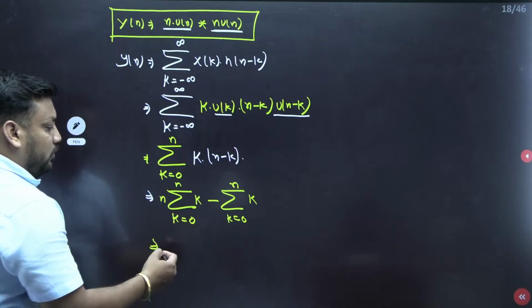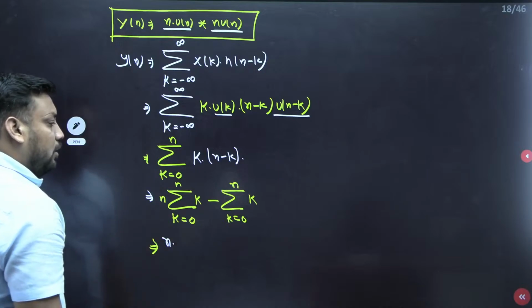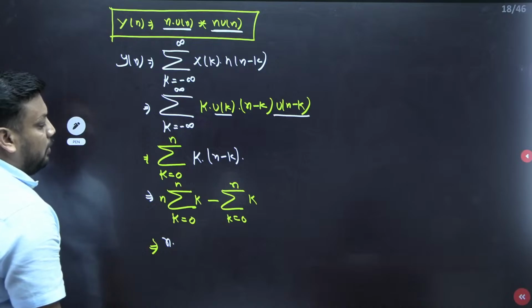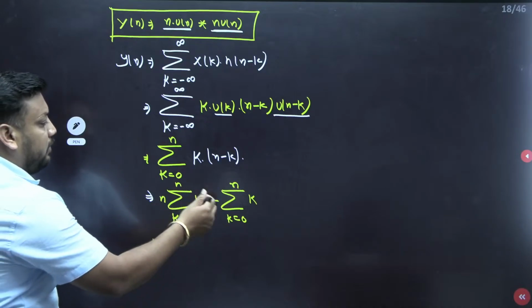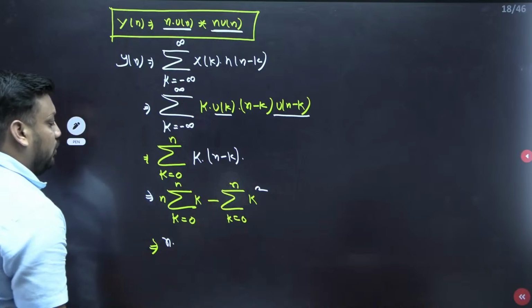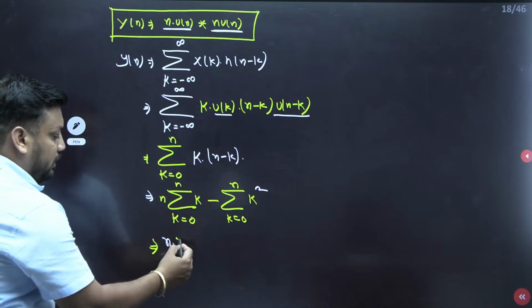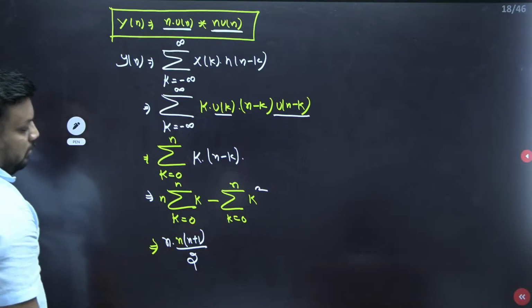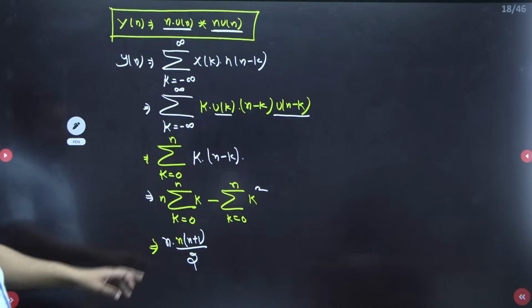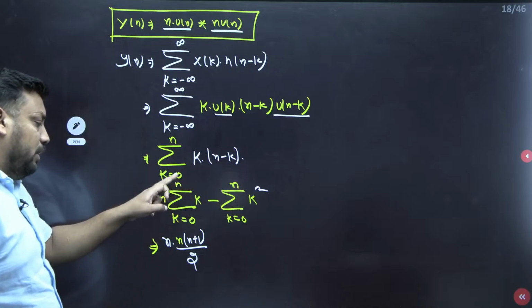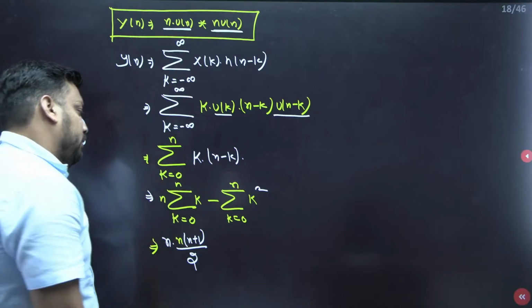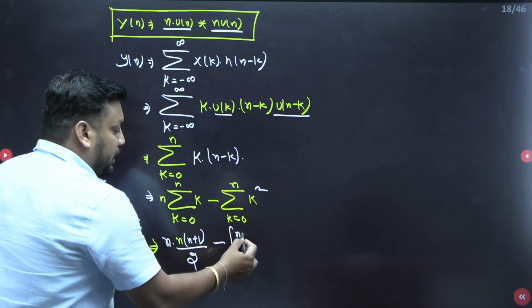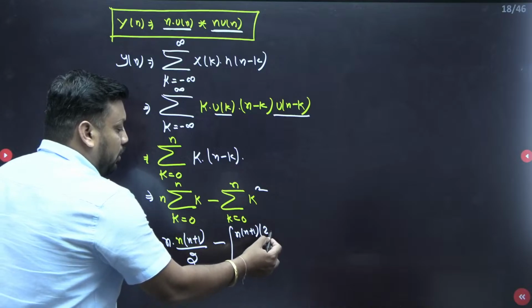So ultimately what you will get guys, n is already outside. Now you have to check k and k here. So this time n k, this time k square, so n k square. n is already outside. It will give me n into n plus 1 upon 2. I hope you are getting this. n is already outside and this is k only, so the formula says n into n plus 1 upon 2. And here k square means it is n into n plus 1 into 2n plus 1